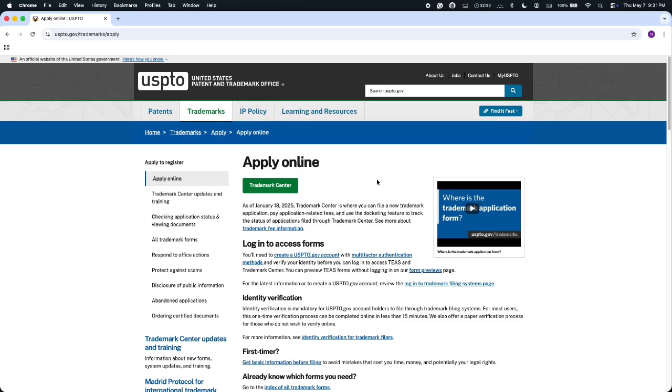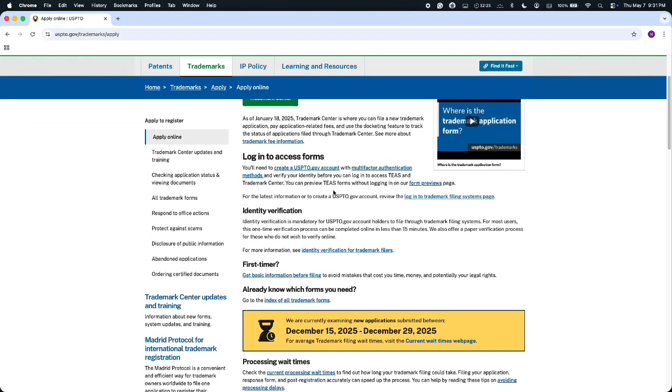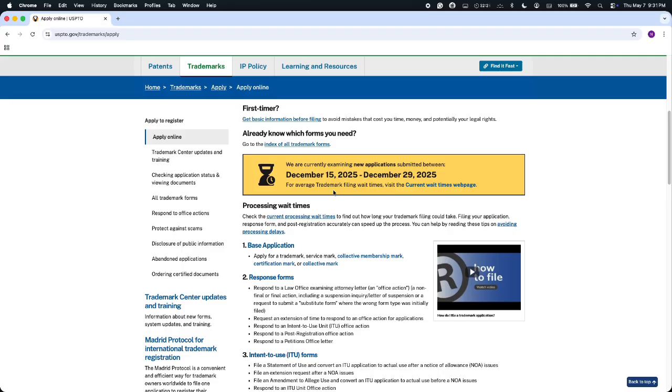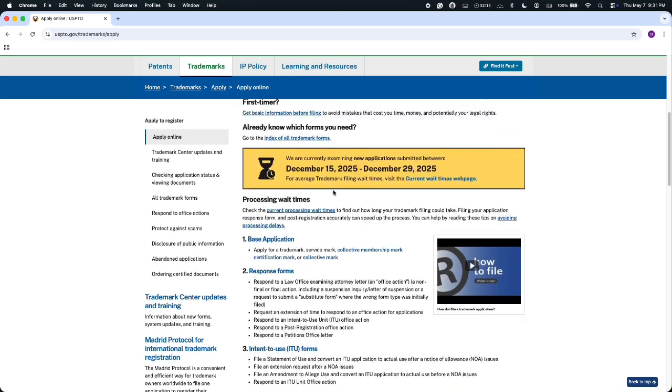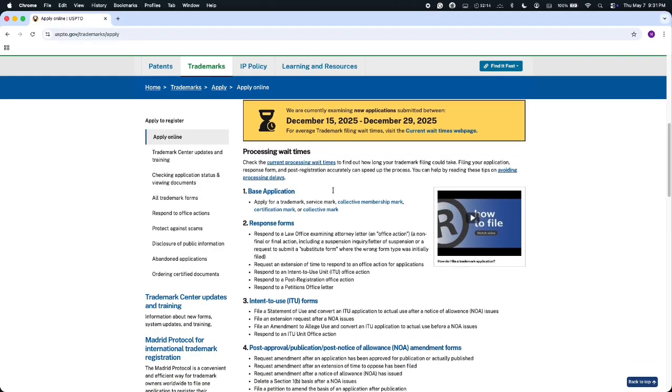So this is where you can search for trademarks, start an application, submit it, and track the status. And before filing, search the trademark database first to check if the name or logo is already being used. After that, start the application and enter the applicant details, the trademark information, and the goods or services connected to